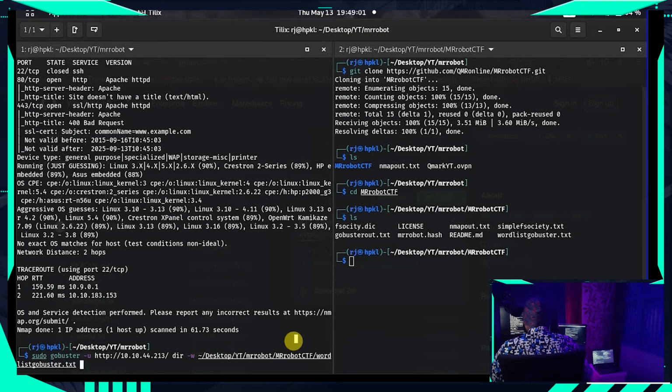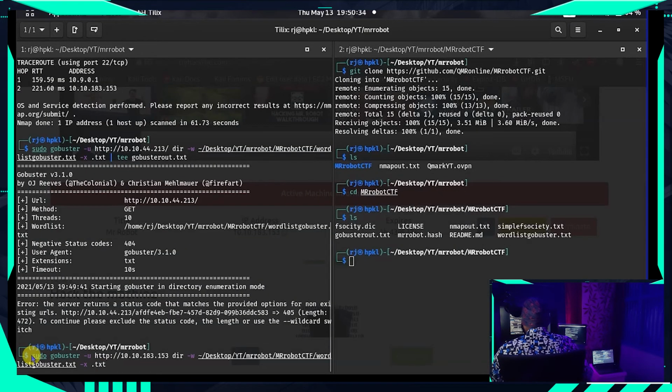Inside that folder type wordlist gobuster.txt. If you press tab, it will autofill. And we want to find files with the extension .txt, so we specify the tag x for the extension. And I'm storing this output in a file called gobuster out.txt.